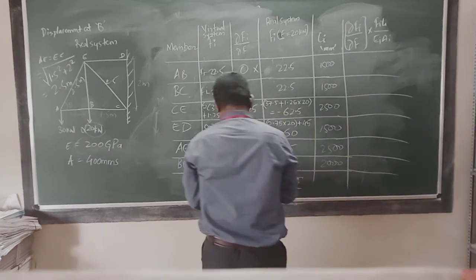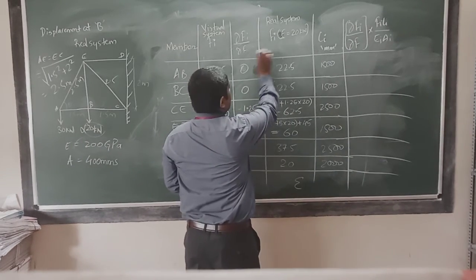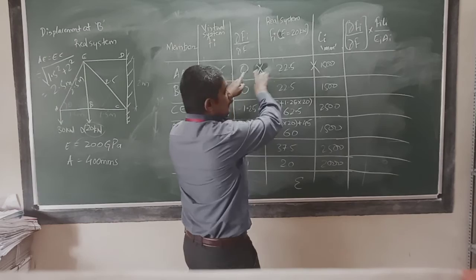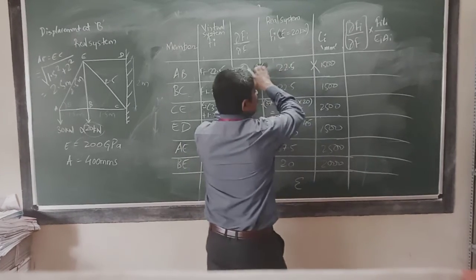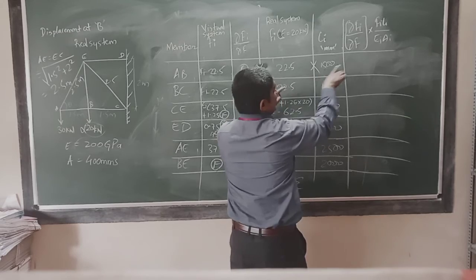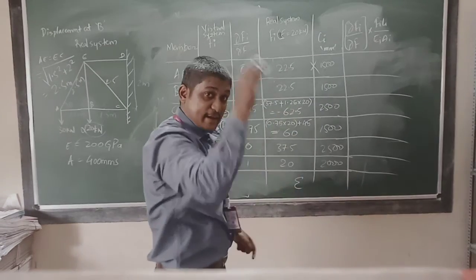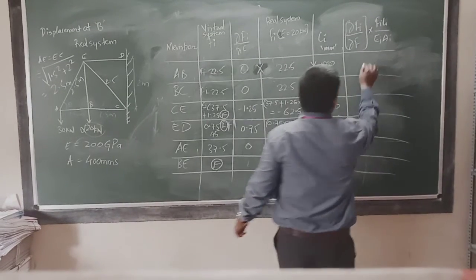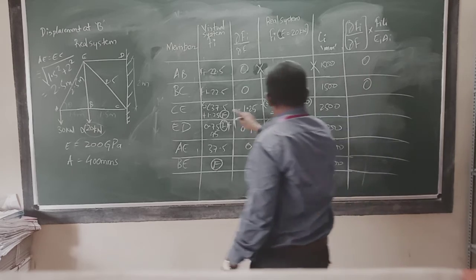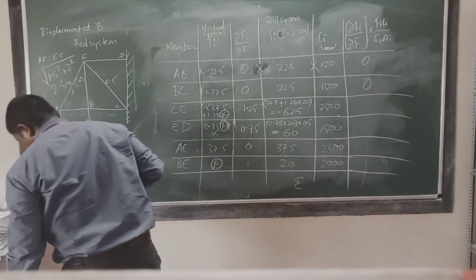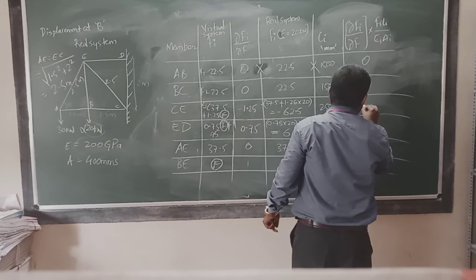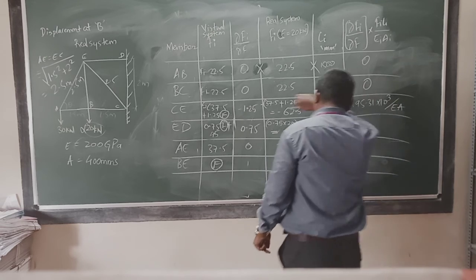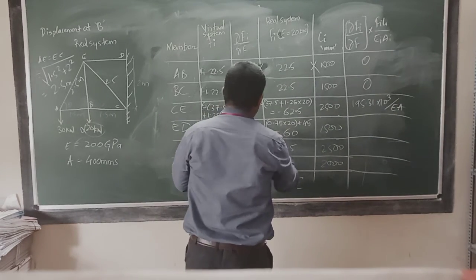Okay. Now what you have to do is to multiply this into this into this. This equation is that only. If you see this equation, this we have calculated here. Fi is here, Li is here. You keep Ei, Ai constant. At the last we'll substitute that and we'll calculate the answer. So we'll get the final answer here as 0. This will also become 0. When you multiply this, you will get the answer as 195.31 into 10 raised to 3 divided by EA. Okay. Then you multiply all these.